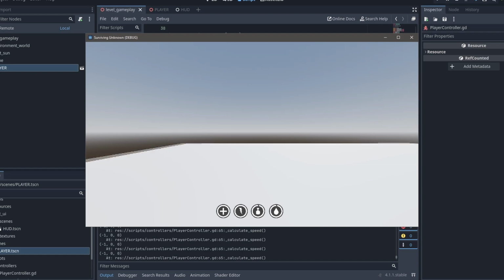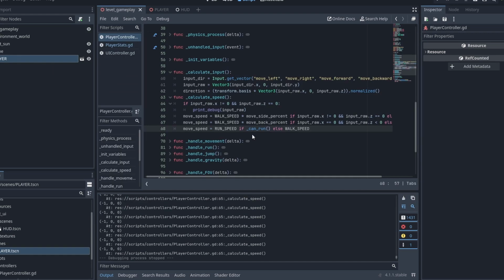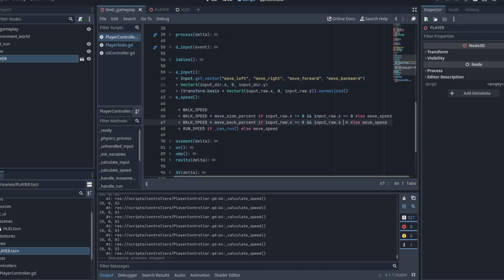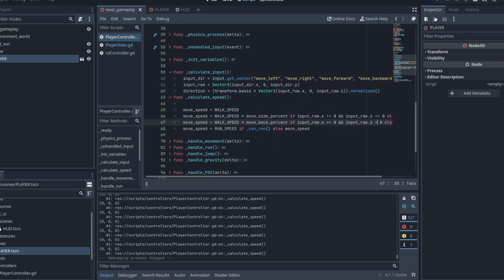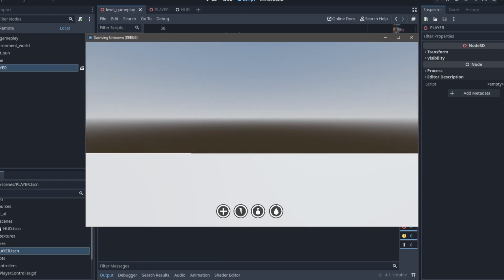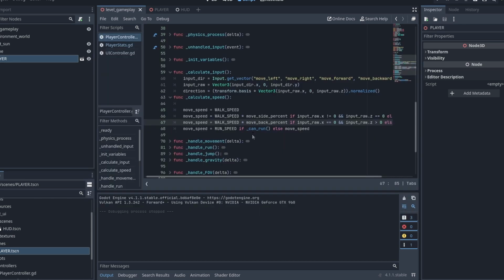I got the player and stats working, which is great. I'm still missing a few things from the player controller, like I don't have crouch. There's running, but there's no crouch. And yeah, tomorrow I'll try and add some mesh to the player or the female arms,